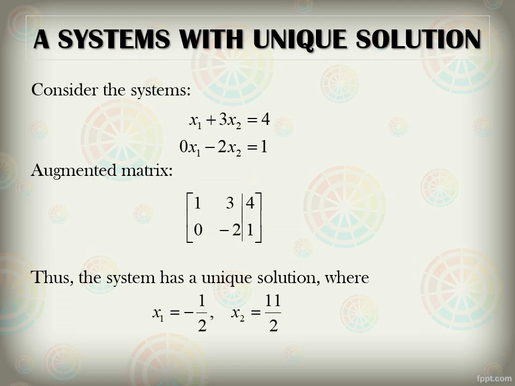Right, so a system with unique solution. Okay, I'm sorry because it didn't follow the order that I mentioned in the previous slide. Alright, but there are three, so it doesn't matter. Alright, so the first one, let us go with a system with unique solution first. Okay, so let's say you have two linear equation here. So since this is more than one linear equation, we call it system